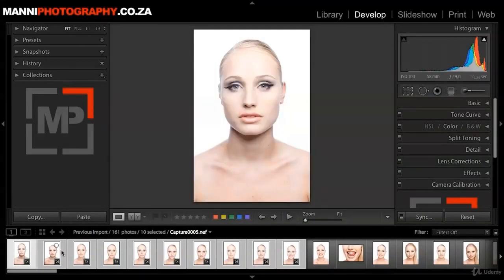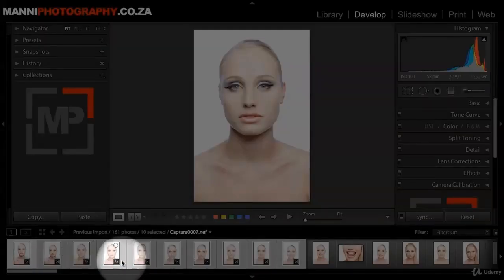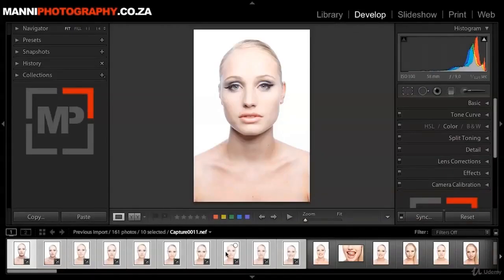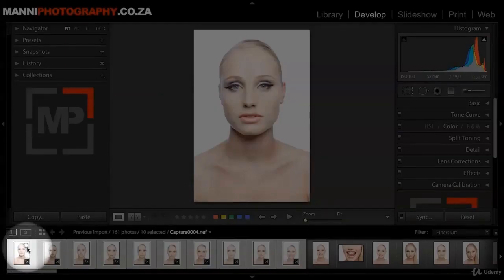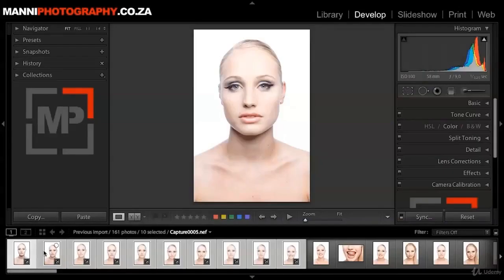Now Lightroom is running, and directly you notice these small icons. This means that all of these images have been edited to the specific look that you chose in the first one. And now, say for instance you are happy with all these images, you are ready to export them, but